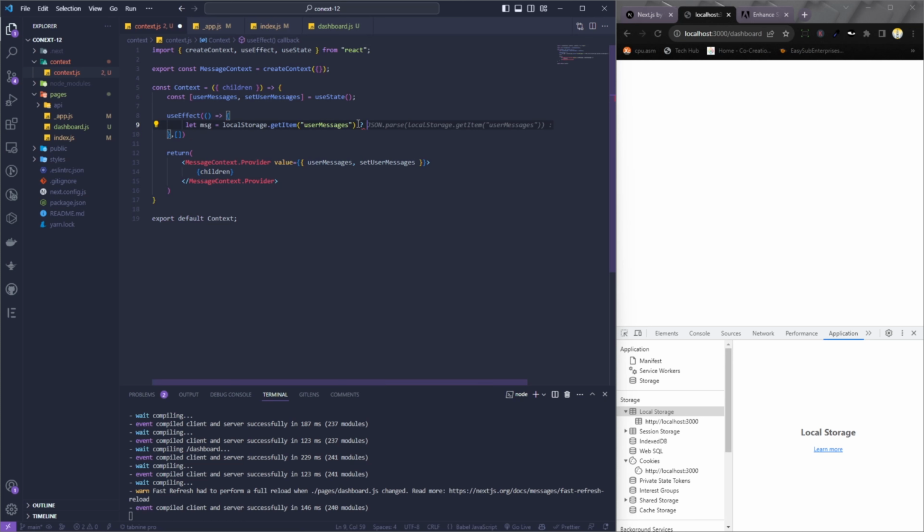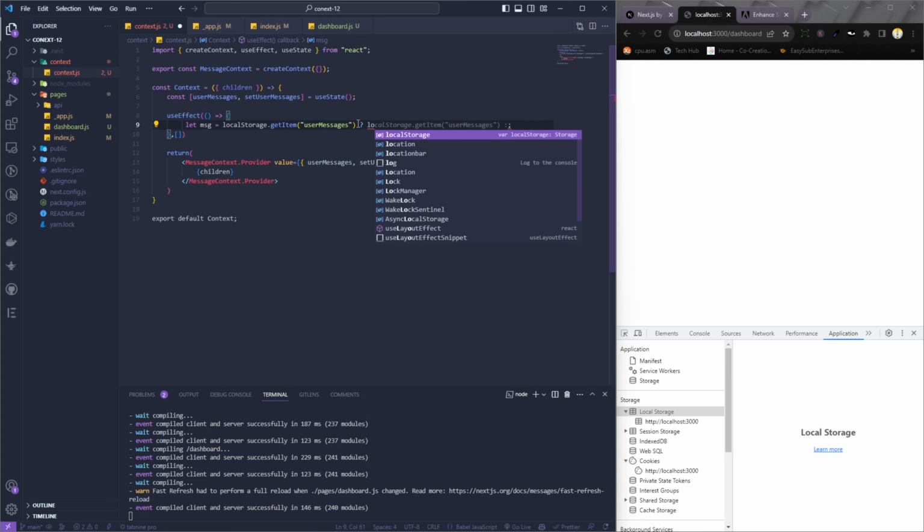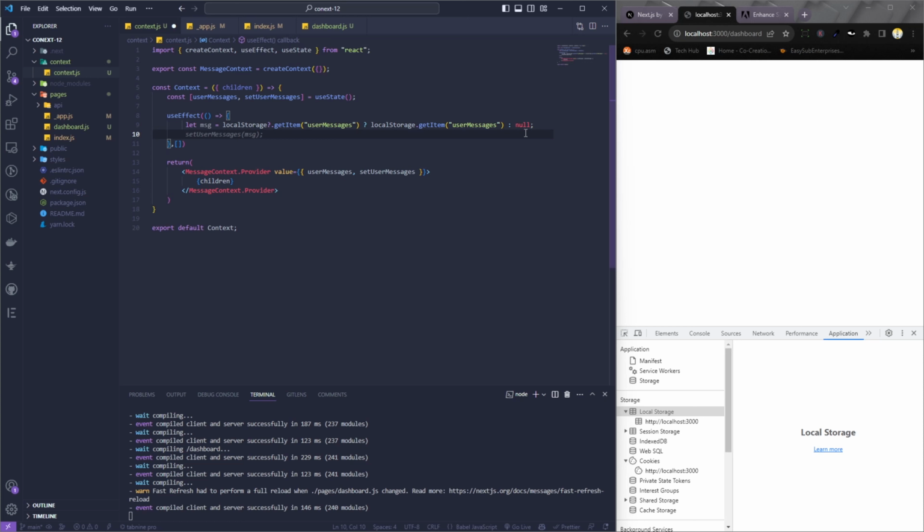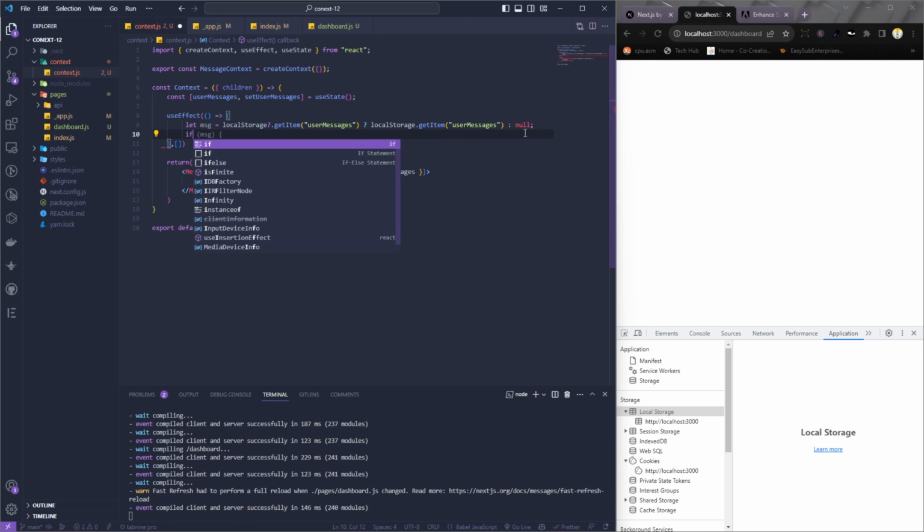Then we want to say else passing null. I'm going to pass in a question mark here to check if local storage is available. And then we're going to check the value that is being returned. If message is not equals to